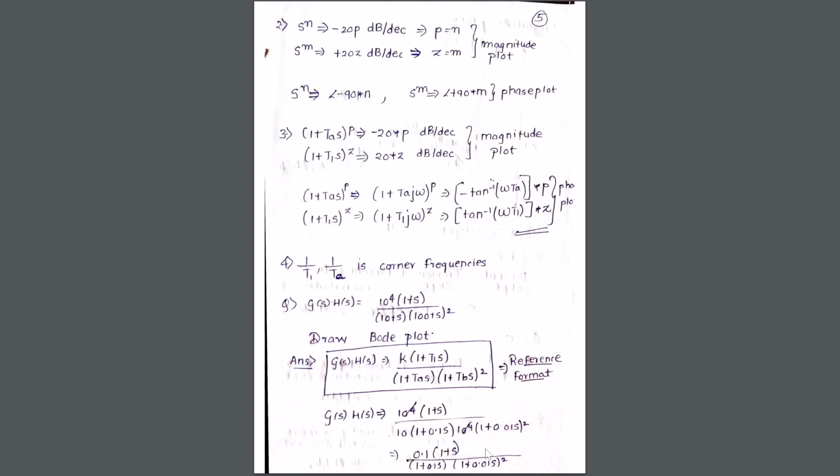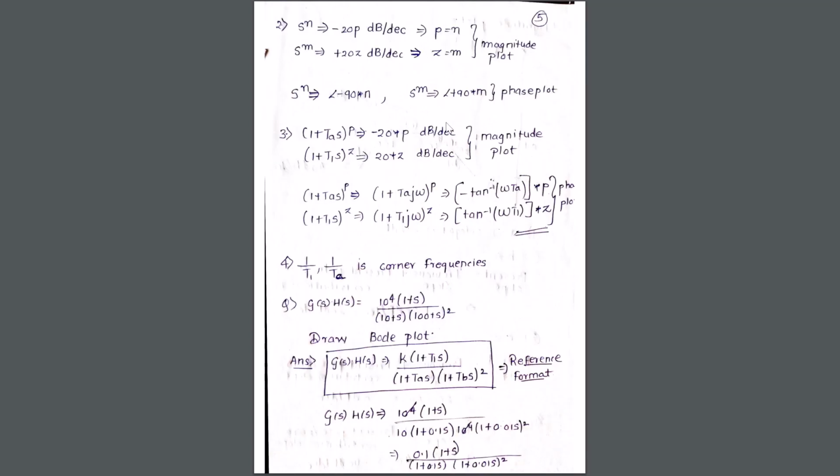I explained 1 plus 0.01 into s, that is 1 upon 0.01 is 100. In that case, I have previous plus the present slope. So what is my previous? It is 0, and my present is nothing else than minus 20 because it is in the denominator, into 2 because it is raised to 2 over here. Earlier it was 1 and 1, but for this one it is into 2. Hence I have minus 40.